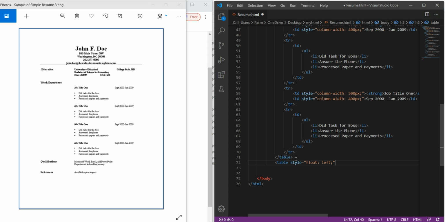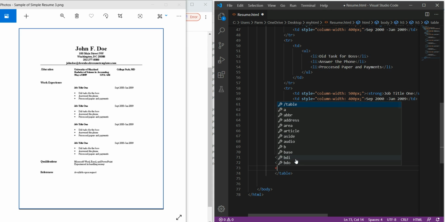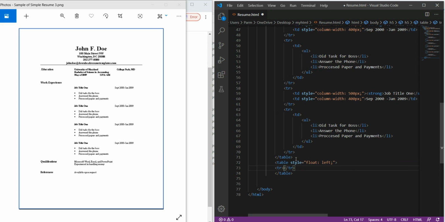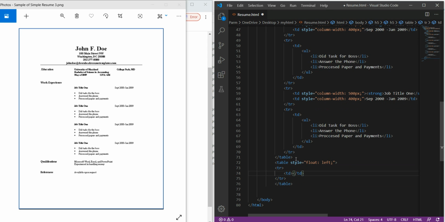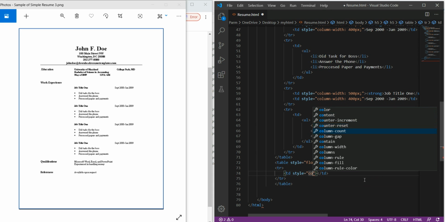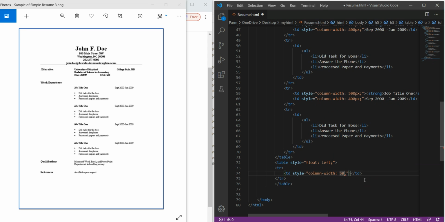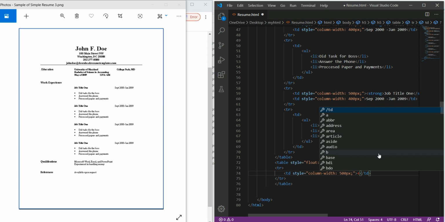Now here we have to create a single row, so for that we have to use tr. In the tr we have to use table data, td, and here we use the style property again, column width, and I will give the value somewhere around 500 px, and here I have to give the value qualification, so again I will use h3 for this.